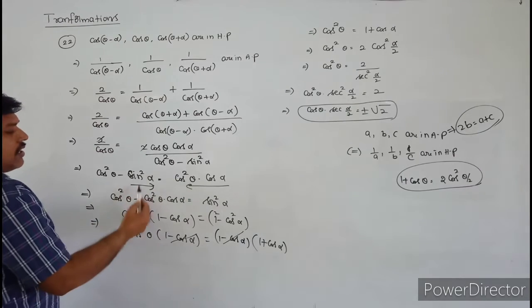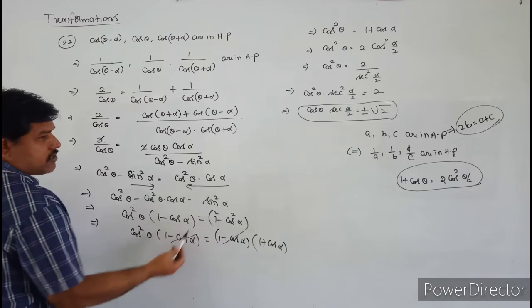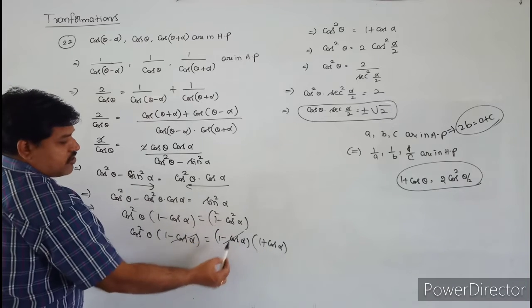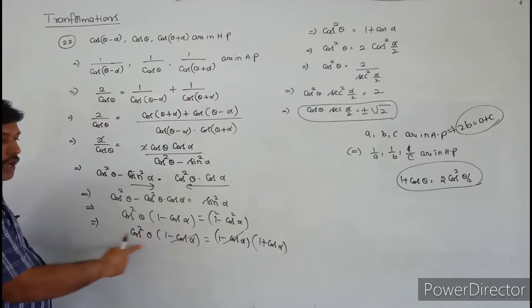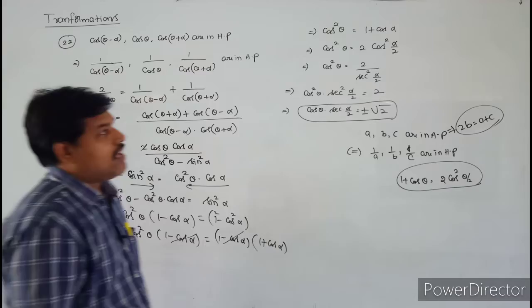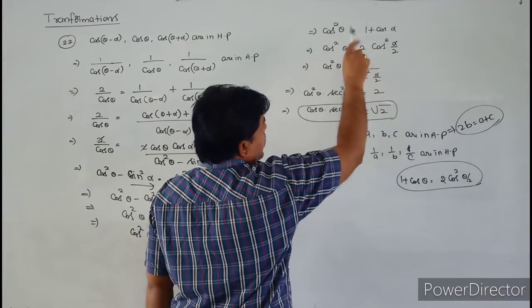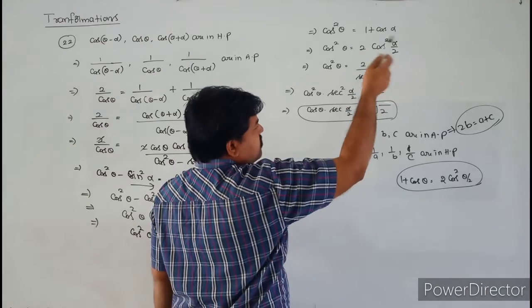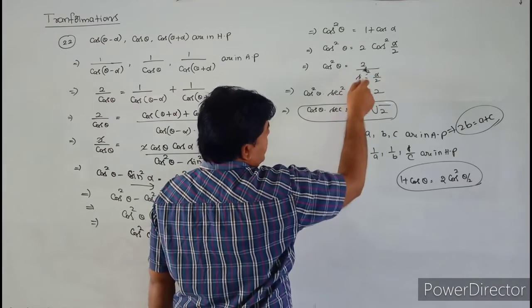Take this term to this side and take this sin square alpha to that side. And sin square alpha you can write as 1 minus cos square alpha. It is in the form of a square minus b square, a plus b into a minus b. In the LHS side, you can take the cos square theta common and cancel that 1 minus cos alpha. So cos square theta, it will become 1 plus cos alpha. 1 plus cos alpha can be written as 2 cos square alpha by 2. So in the answer they are given in terms of secant, so that's why this cos square alpha by 2 I am taking into the denominator. It will become the secant square alpha by 2.